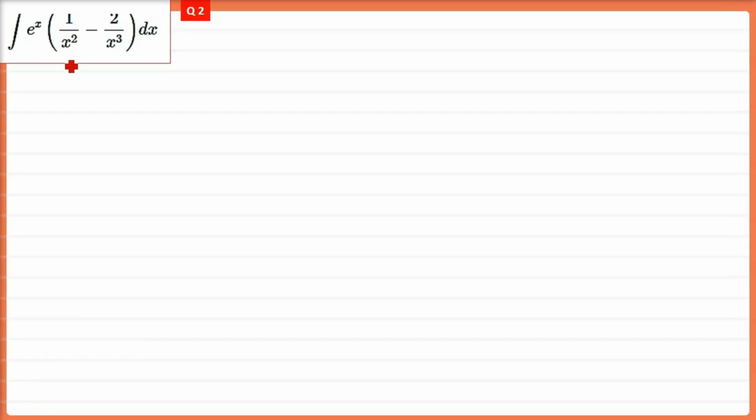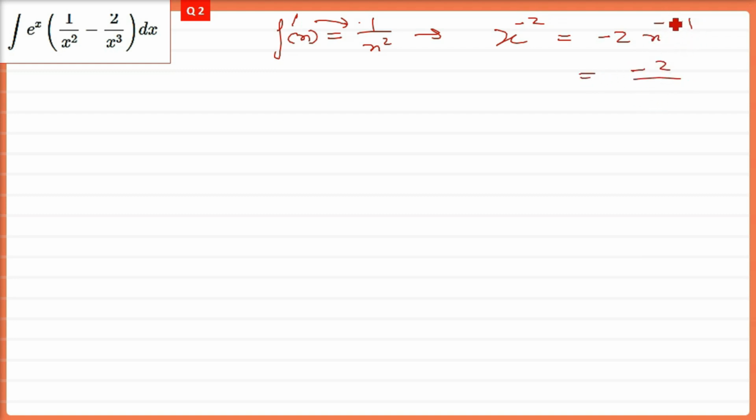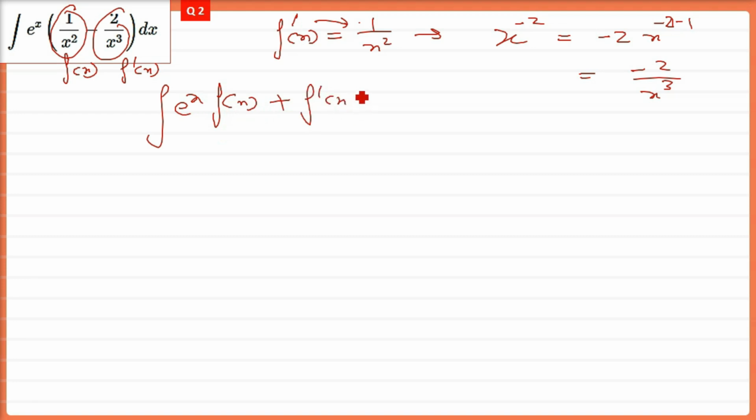Now this question, e raised x into 1 by x square minus 2 by x cube. So fx is 1 by x square. If you assume fx equals to 1 by x square, because 1 by x square and 2 by x cube is eminent, and it's quite evident that differentiation of one will give you the other. So if you differentiate 1 by x square, it will be negative 2 by x cube, which I am showing you already. So fx is 1 by x square and f dash x will be negative 2 by x cube. So this integral has become like this: e raised x, fx plus f dash x inside the bracket,